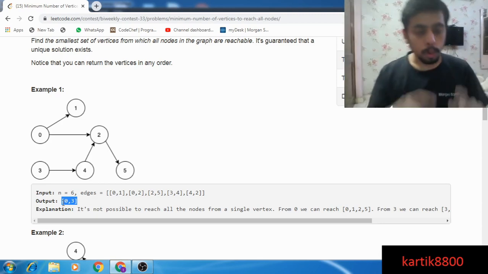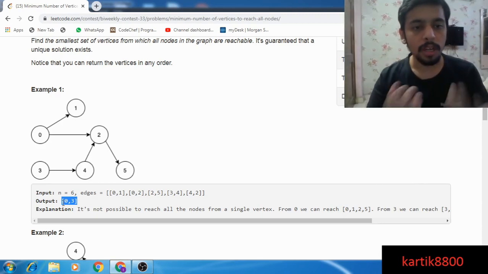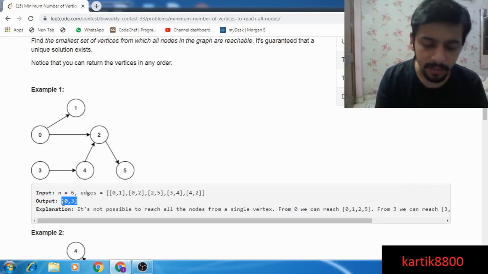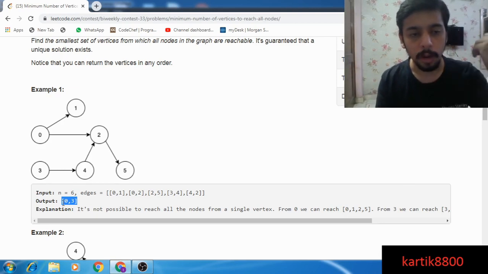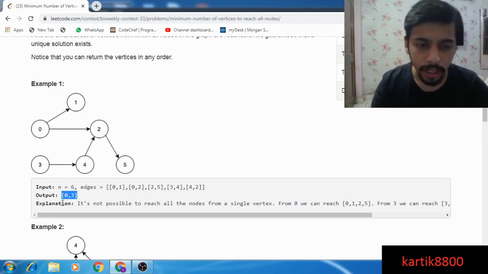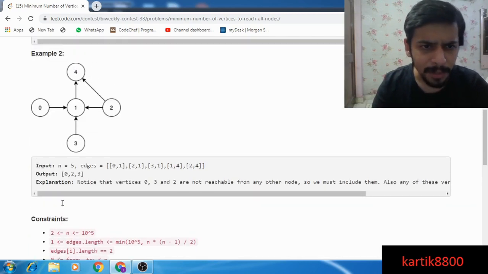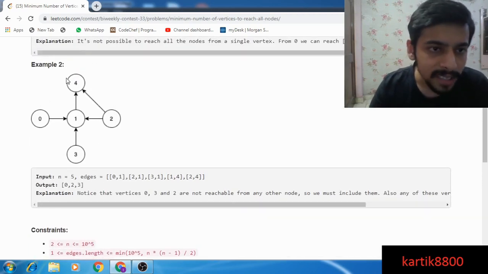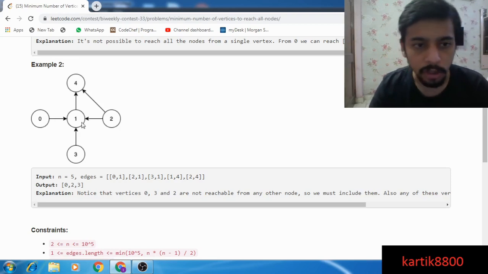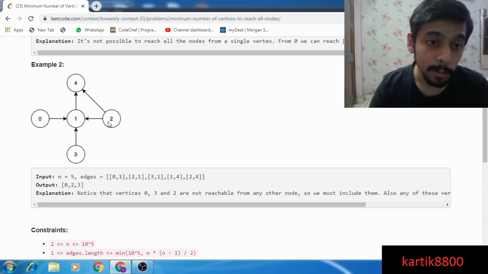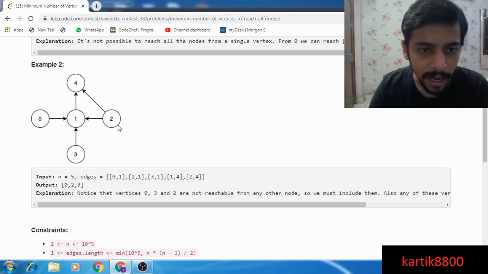So I need to include those nodes to which there is no other way of reaching, because if there is a way of reaching a particular node from some other node, then that node is virtually useless and I'll be implementing exactly that. For example, in this case, node 1 is not going to be included in my set because node 0 can be used to reach node number 1. Similarly, 2 will be there in my set because I cannot reach 2 from any other place. In fact, if you see, 0, 2 and 3 should be the answer, and that's the answer.